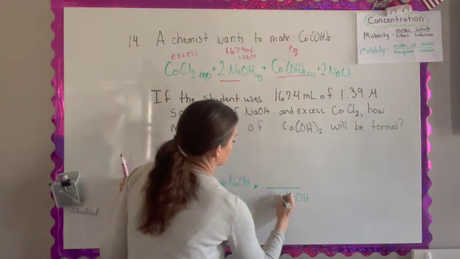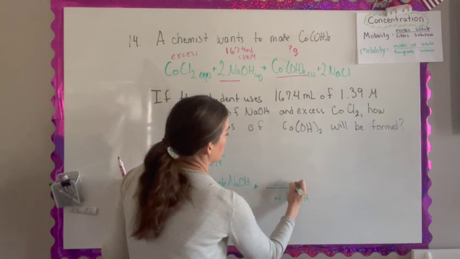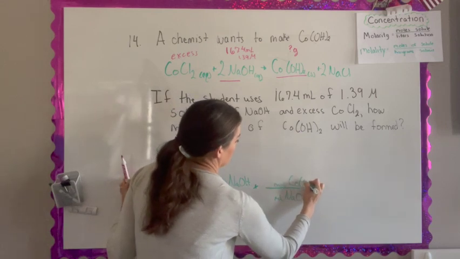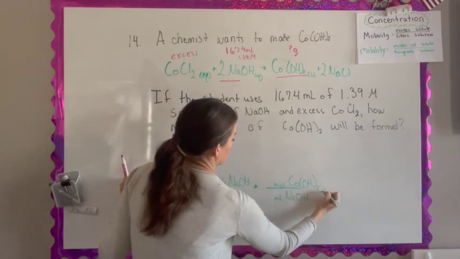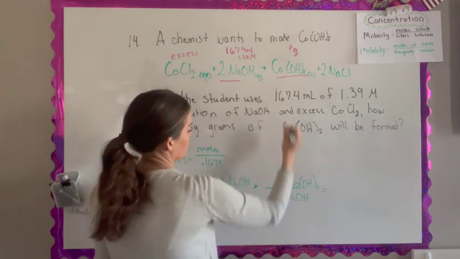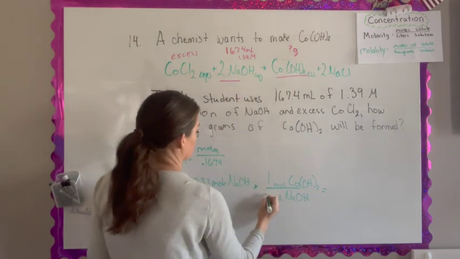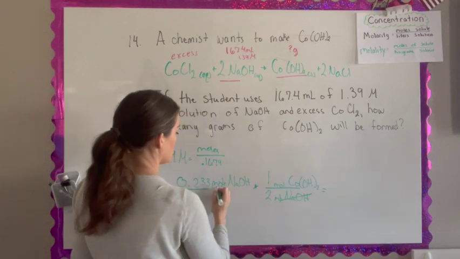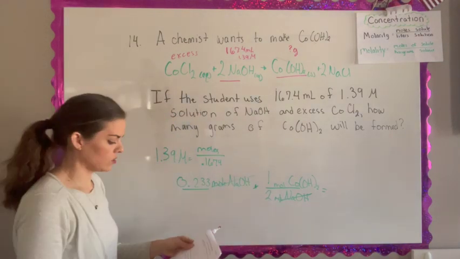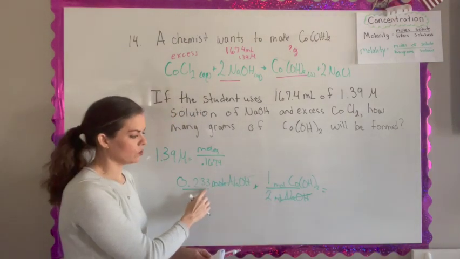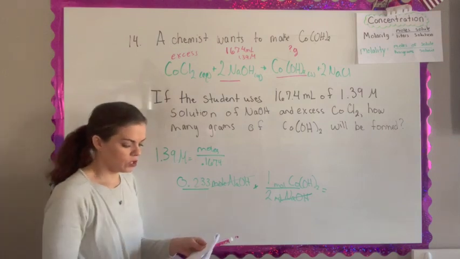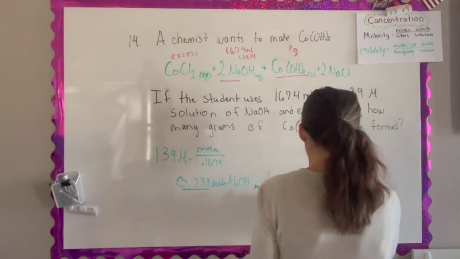It's moles, and I'm going to moles of this. And so 1 mole reacts to 2. Moles of NaOH cancel out. In my calculator, I'm going to put 0.233 divided by 2. And I get